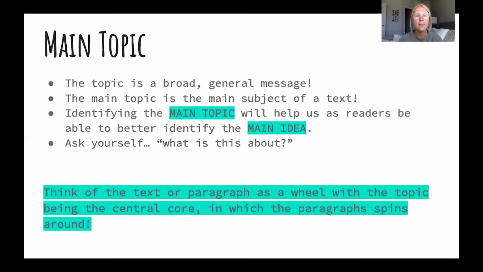Now, main topic, digging deeper into the main topic. The topic is a broad, general message. So remember, the topic can be one word or two words. It's very broad and it's general. The main topic is the main subject of a text. So the main topic of a text is what our text is going to be about. Not necessarily